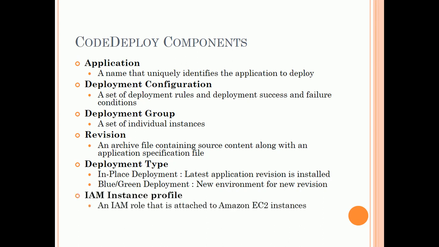The sixth component is IAM instance profile. IAM instance profile includes the permissions required to access the Amazon S3 bucket or GitHub repositories where the application is deployed by AWS CodeDeploy. The seventh and the last component is service role. Service role is an IAM role that grants permission to an AWS service so that it can access AWS resources. So all these are primary components of the CodeDeploy process. Let's move forward and understand the deployment types and how it works.